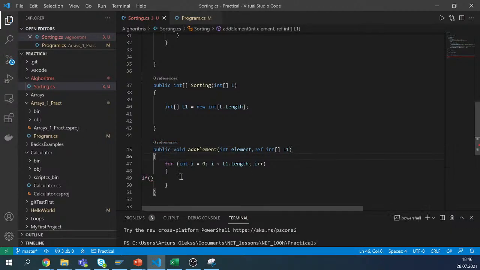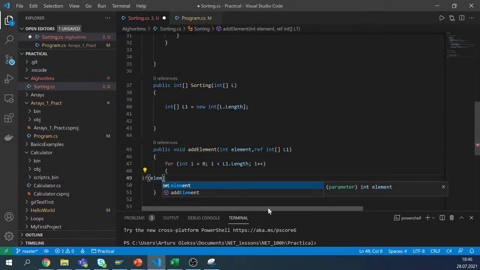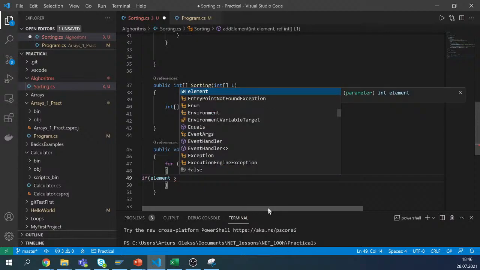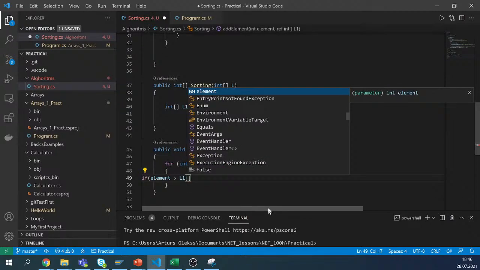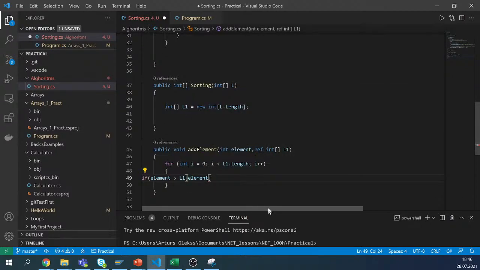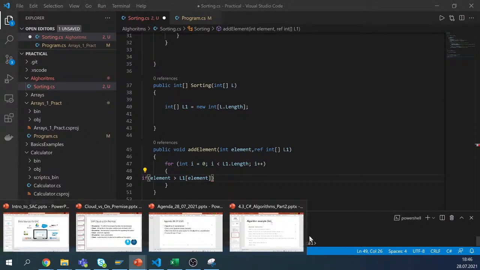Provide element we want to add. So then I say if element is greater than current element we are looking for from the array, then I need to enter it. But yeah, so what's the problem? The problem here is that